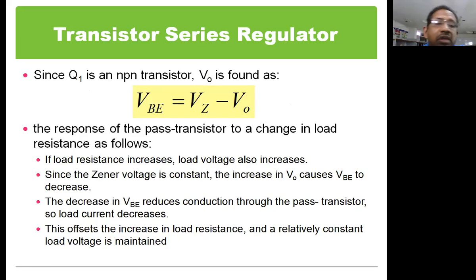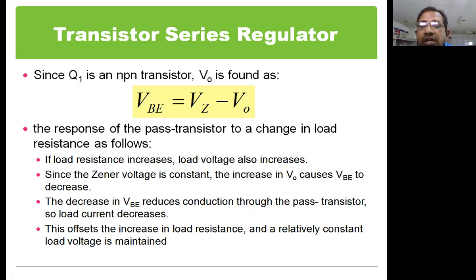Okay. So this is the basic thing we can write about the operation of the device. If V naught increases, VB decreases. If VB decreases, the transistor allows less current to flow. Proportionate to V naught, the current through the transistor decreases, and hence the load current decreases and V naught decreases. It will once again be brought back to the previous value.